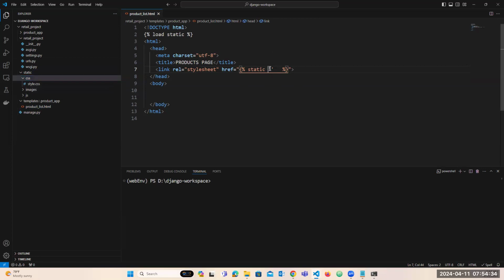So this is the CSS: style/style.css. This is the location of the CSS, the style CSS. So once we loaded that, we can see